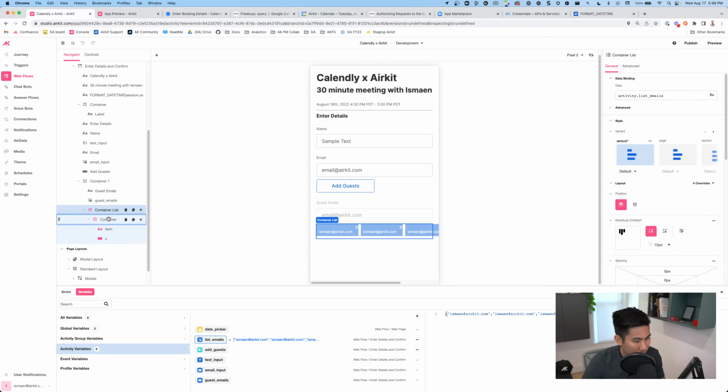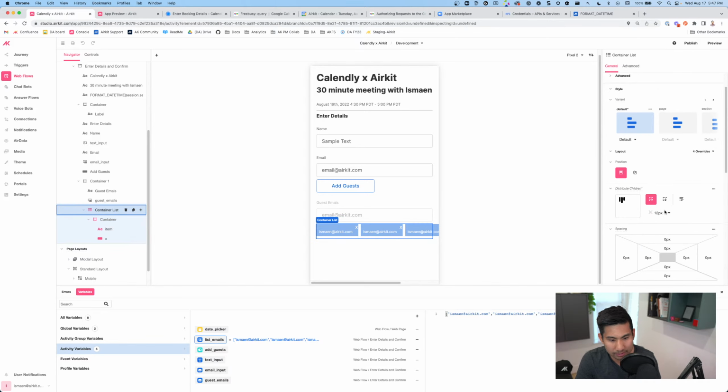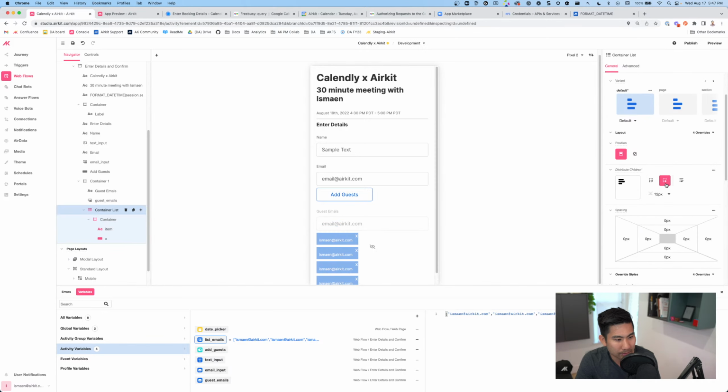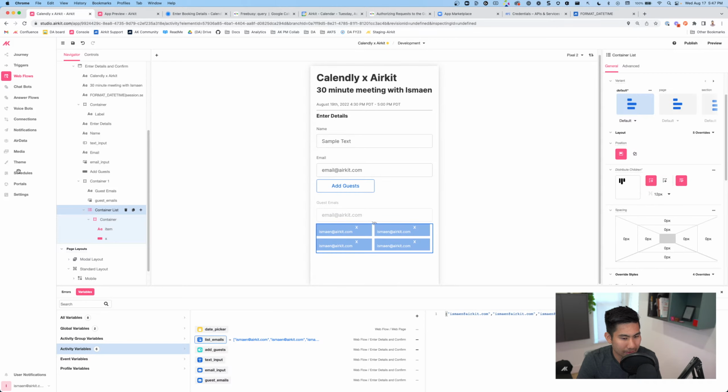I think it's because we're appending this, it actually doesn't stack. Yeah, we'll have them stack on top of each other here. Oh, wrap. Aha, that's what I'm looking for. Okay, so I actually need for it to wrap, and then